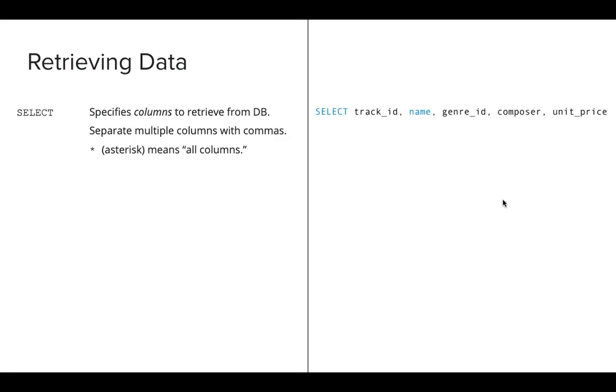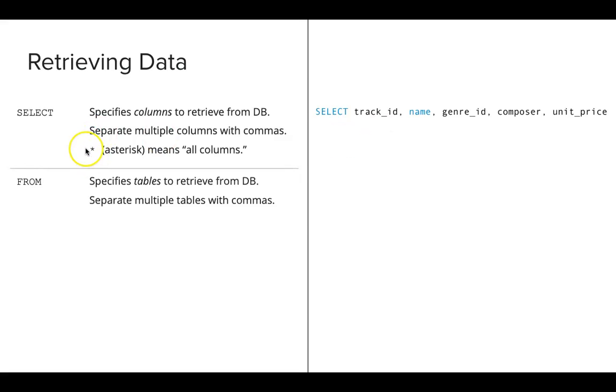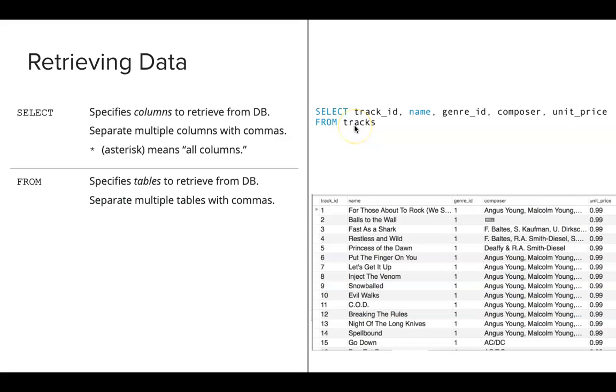a number of things, and we can filter, like when you're trying to make a search, we can add filters and so on. So SELECT allows us to specify which columns we want to retrieve from the data. We'll come back to this, but we can specify which columns we want to show. You could also use an asterisk to select all columns. And then you say FROM what table. We've got to specify what table, right? Because you can have like 12 tables. And you could select from multiple tables as well.